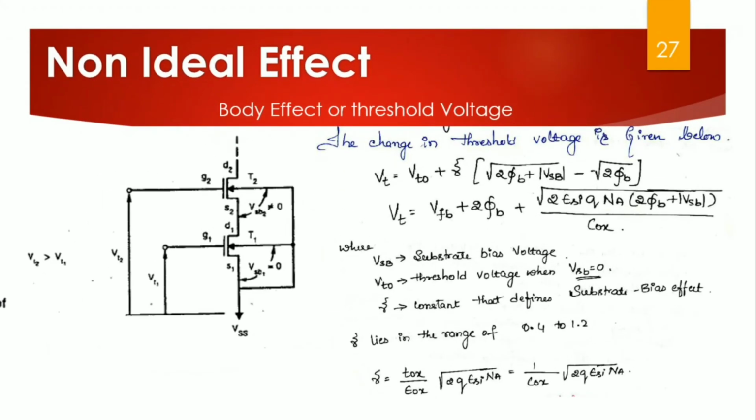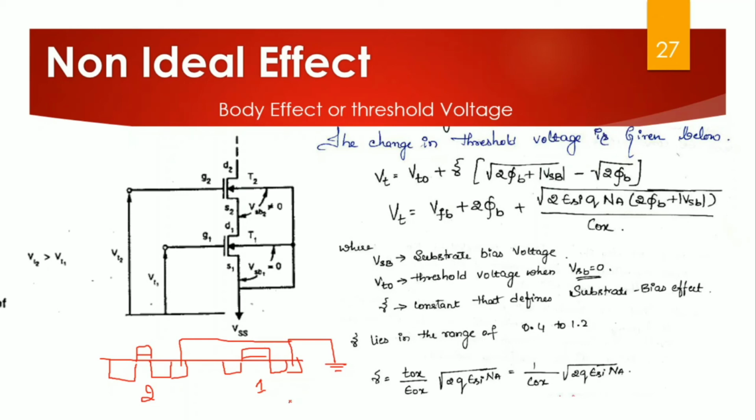Let us start analyzing from body effect. What is body effect? In fabrication, the MOSFETs are fabricated one beside the other. Let me assume that you have a wafer. In that wafer you have two MOSFETs that are designed one beside the other like this. This is MOSFET 1 and this is MOSFET 2. For both the MOSFETs you have a bulk connection, that is the substrate. The substrate is grounded. The same thing here also, we will connect the substrate to ground.